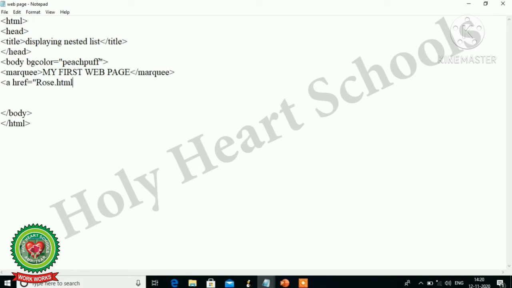This is an HTML file, so we have to write down the extension of the file. Double quotes close, then angular bracket close. After that, write down the text which you want to show on your web page, like I want to show rose garden.